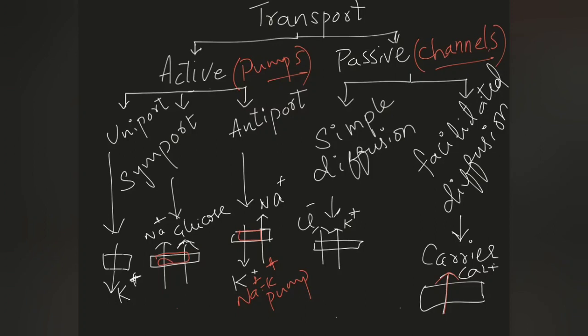So the ATPase, the enzyme, is protein in nature obviously. This ATPase helps in the antiport transport mechanism. So this is about active and passive transport mechanisms. The proteins which participate in active transport are pumps, and the proteins which participate in passive transport mechanism are channels. This is about the transport mechanism.